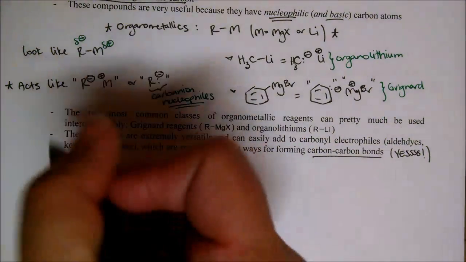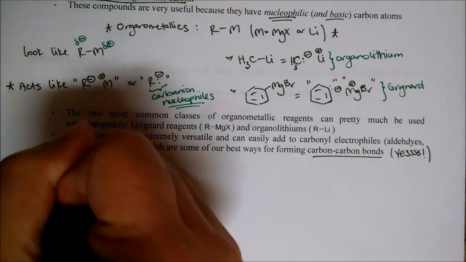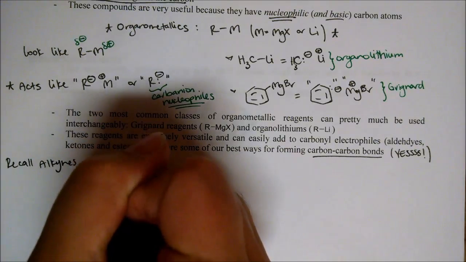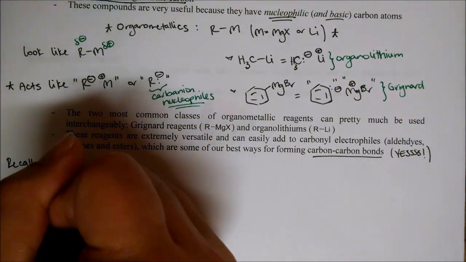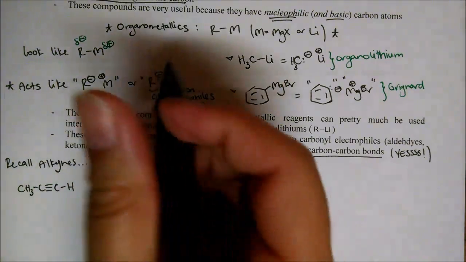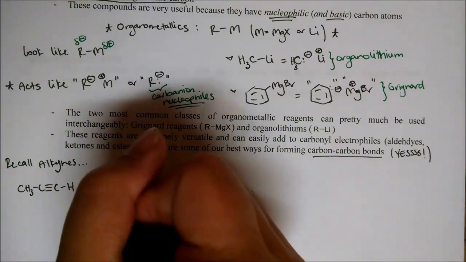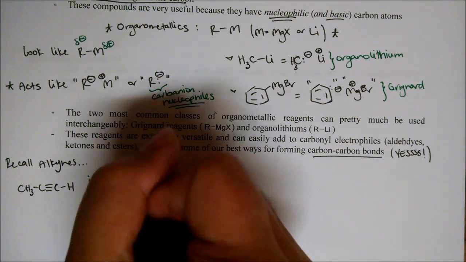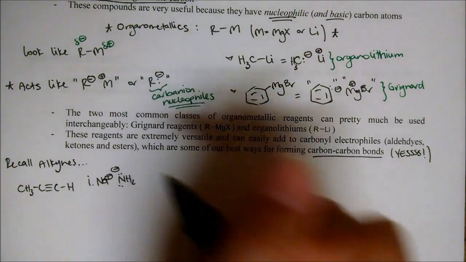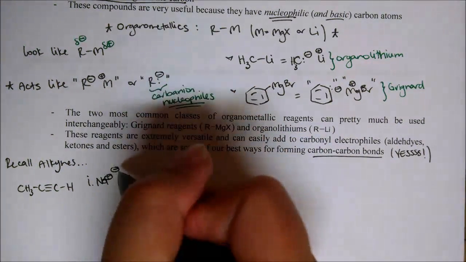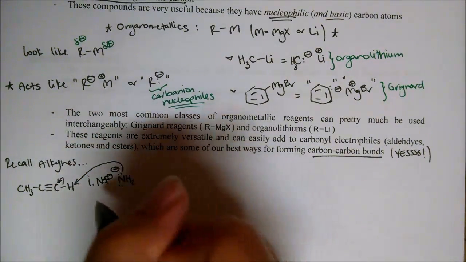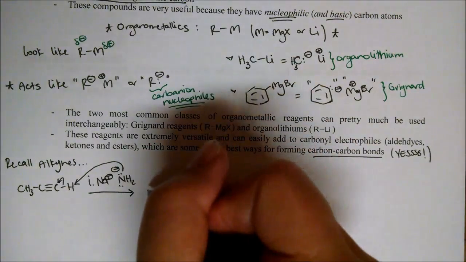So, again, let's remember how excited I got when we did this with alkynes. If we had a terminal alkyne like this, we deprotonated it with what? What was our favorite base to use for deprotonation of alkynes? It was NaNH2, sodamide. Remember I did that whole story of sodamide? This can deprotonate because the alkynes are relatively acidic,